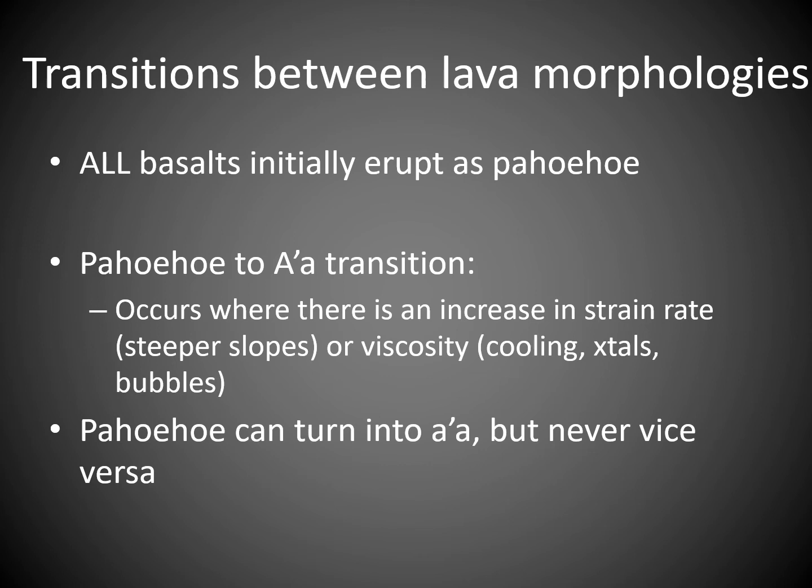So their interpretation was that the lava was cooling off, crystals were forming, bubbles were forming, maybe it was losing a little gas, and its viscosity was getting greater. And the yield strength was probably getting greater as well. Basically, it was becoming a thicker, more pasty version of itself. And when that occurred, it changed into Aa as well. They also noticed, and I always found this very interesting, that Pahoehoe can turn into Aa, but they never saw it go the other way. They never saw an Aa flow turn into a Pahoehoe flow. So with these observations in mind,